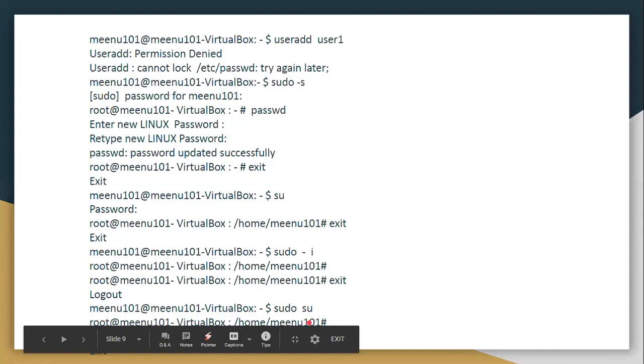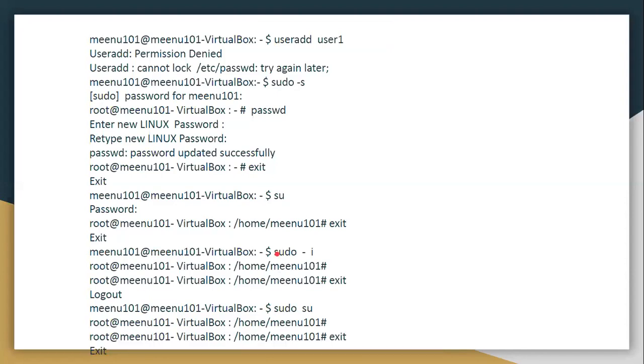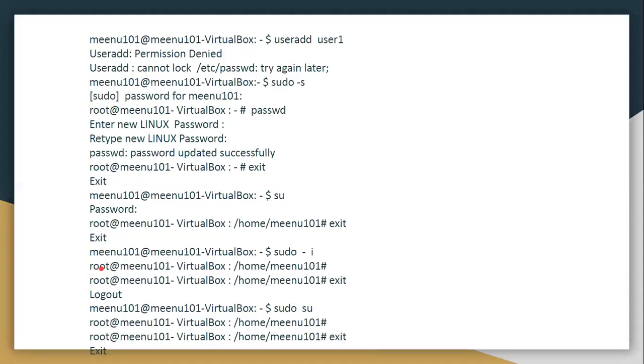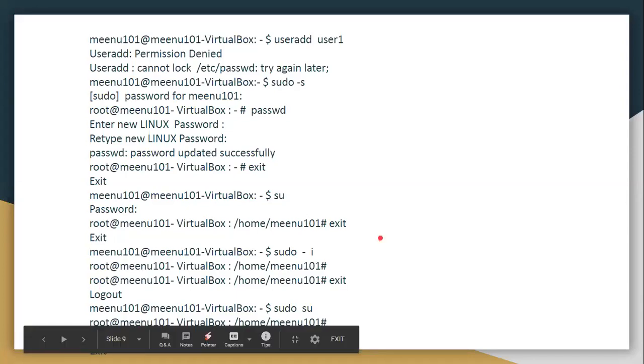That is a dangerous thing because when you are moving directly, for example, if I am in Minu101 and somebody sits on my system and writes sudo -i or sudo su, I'm directly moving to my root account without asking me or anybody for a password. So directly you are moving towards these accounts.